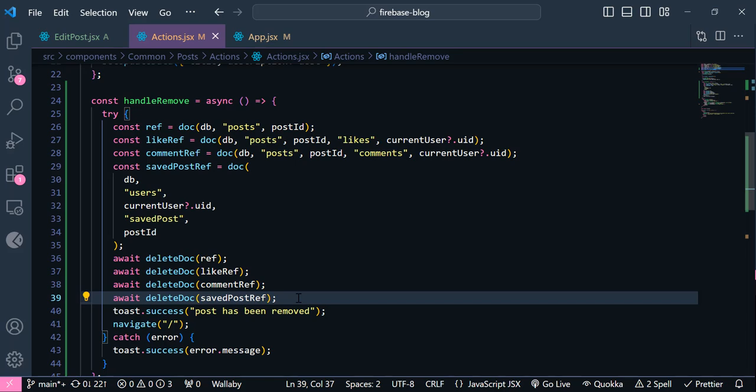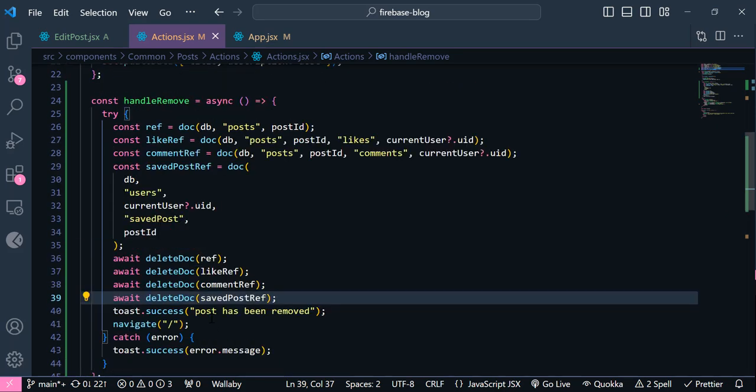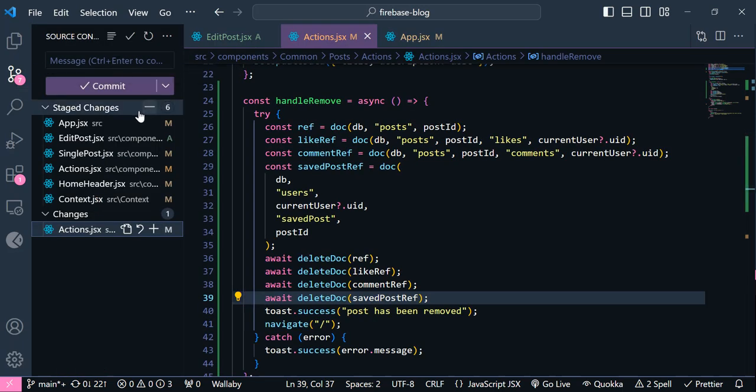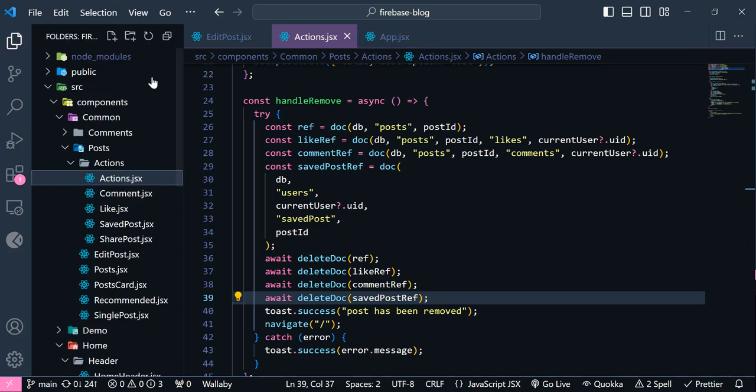Okay guys, and that's it. So this is how you can remove a post from your database. Now let's push this code here. So I'm going to say, alright,